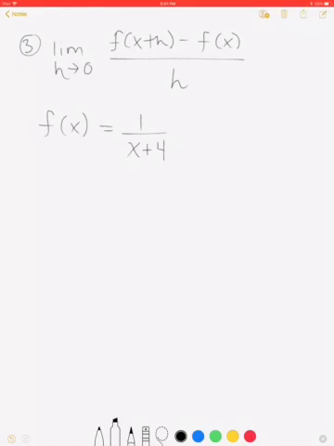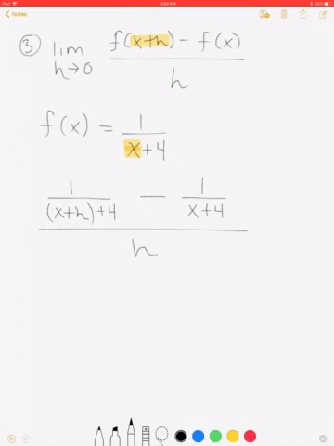So essentially what they're asking you to do is replace this x with x plus h. All right, minus the function itself all over h. So let's go ahead and do that. 1 over, and then I'm going to replace x with x plus h. That would be my f of x plus h, minus f of x, which is 1 over x plus 4,